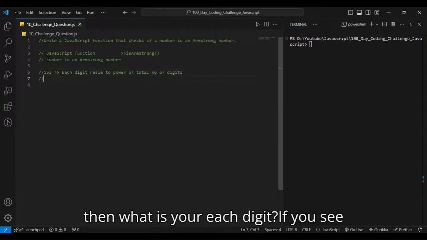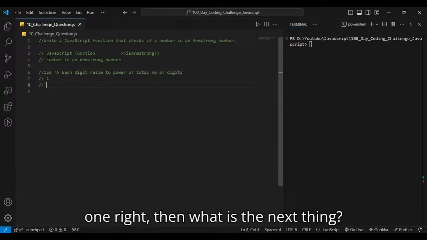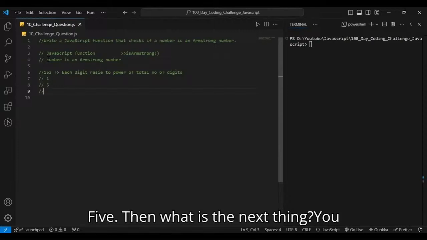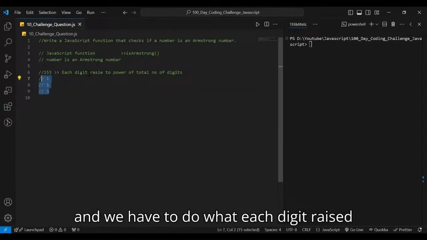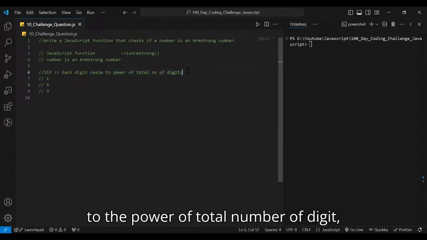Then what is here? Each digit, if you see, 1, right? Then what is the next thing? 5. Then what is the next thing? You have 3. So these are your digits, and we have to do what? Each digit raised to the power of the total number of digits, right? So then